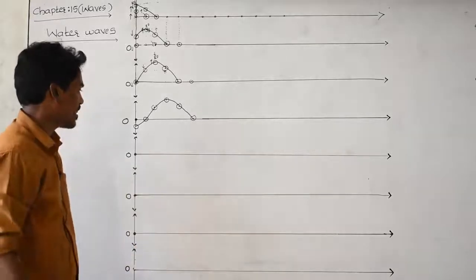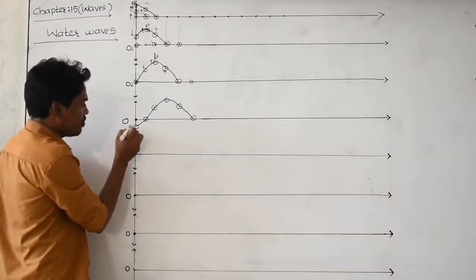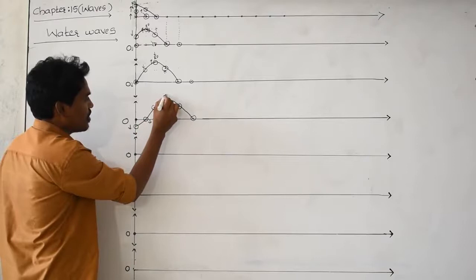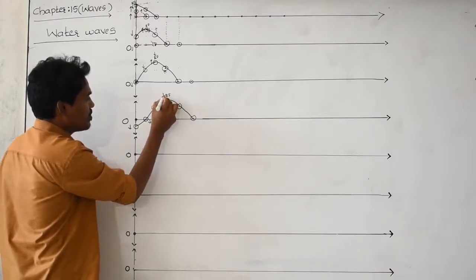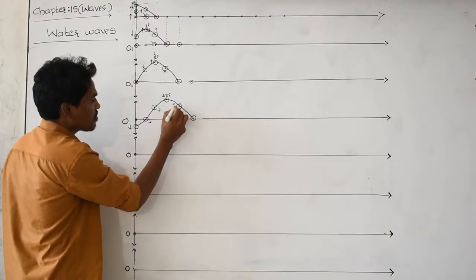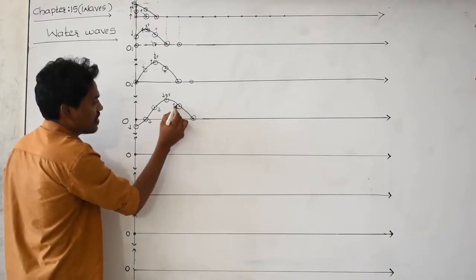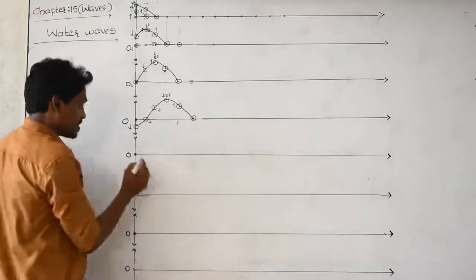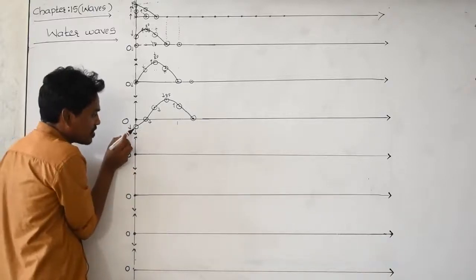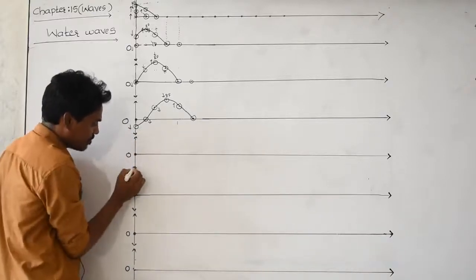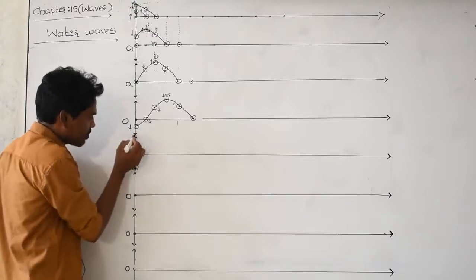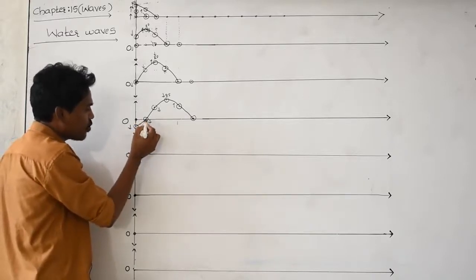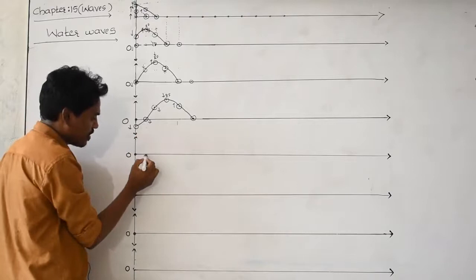Observe very carefully. This particle is moving down. This is also moving down. This is also moving down. This is the highest point, restoring force acting on this particle in downward. This is moving in the upward direction, and this is at rest because the disturbance given by the previous particle has not reached this particle. And let us take this particle moving downward. It is reaching to here, I am showing here. It is moving from here to here. And what about this particle? It is moving downward, from this point to this point. I am showing here to here.